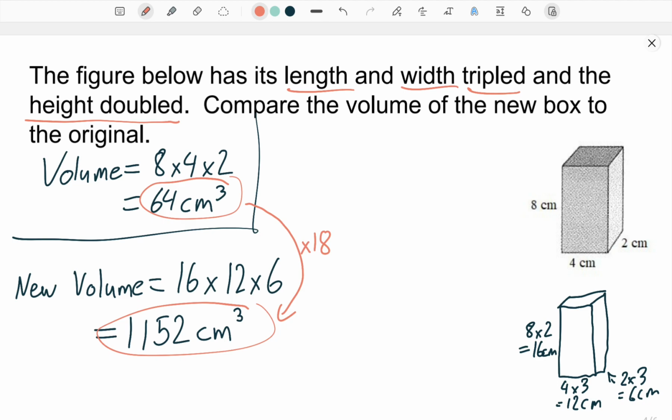All right, and why 18? What's special about this number? Well, what did we do? When we take a look at our dimensions, the dimensions changed